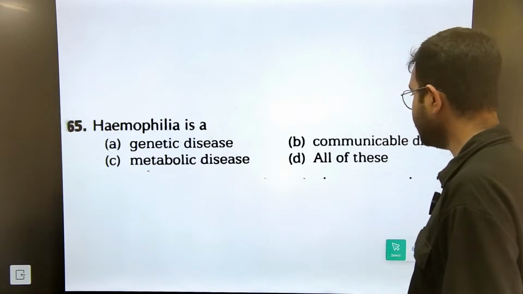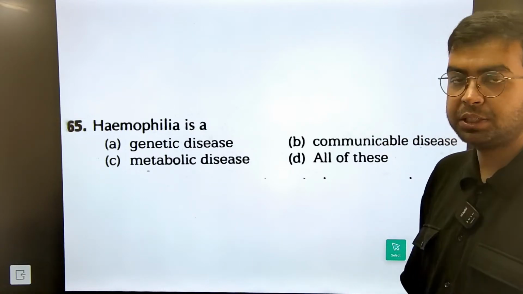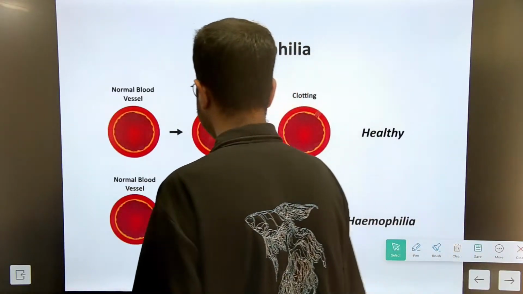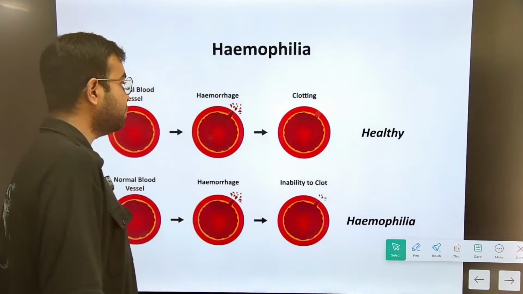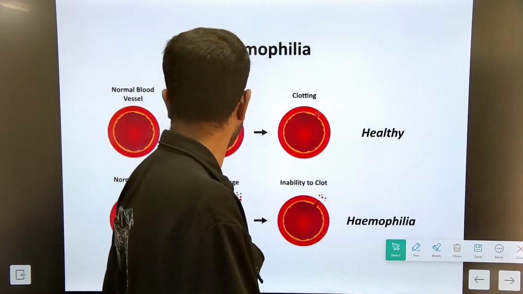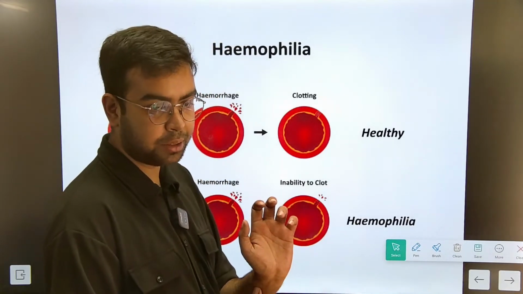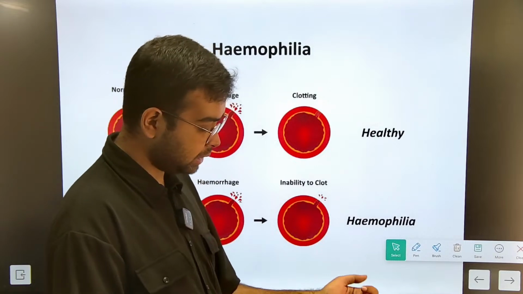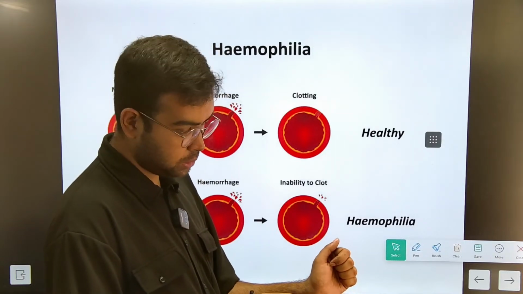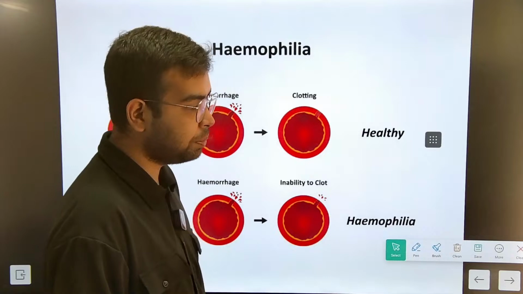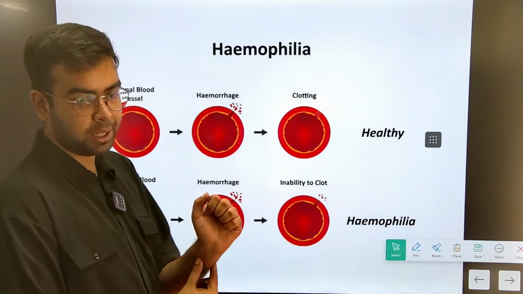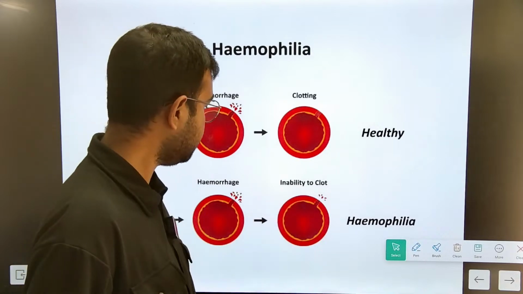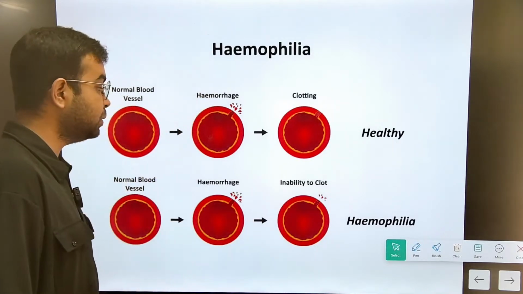Now what is hemophilia? ठीक है, see, hemophilia, I'll tell you what the disease is first. What happens in a normal human being? मान लो you have your blood vessels in the hand, कुछ काम करते करते आपका हाथ कट गया, ठीक है, थोड़ा देर बाद क्या होगा, there will be a cut, you will start bleeding, but in some time clotting will take place and the bleeding will stop. Blood clotting हो जाएगा, bleeding will stop, ठीक है. But what happens in a person with hemophilia?